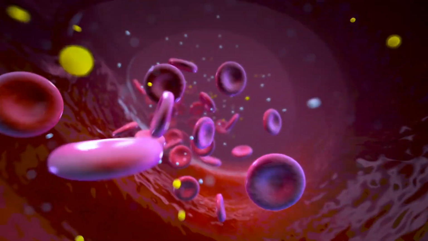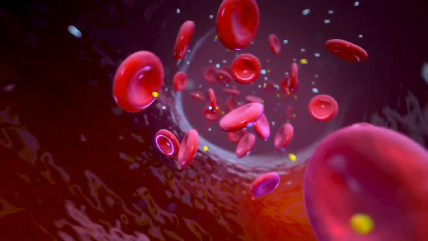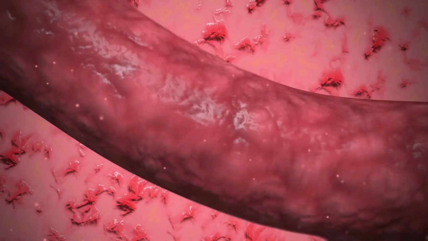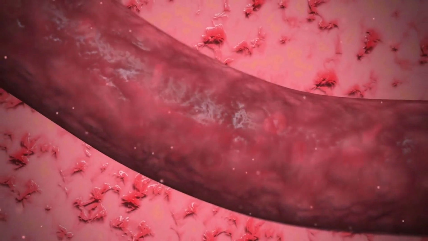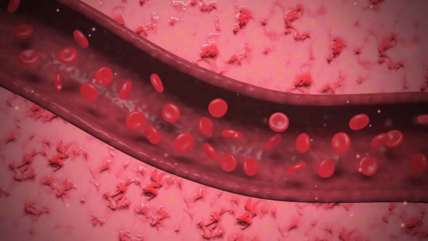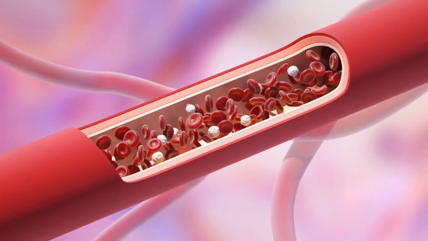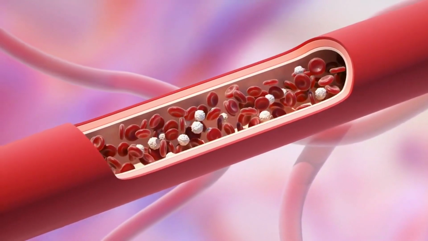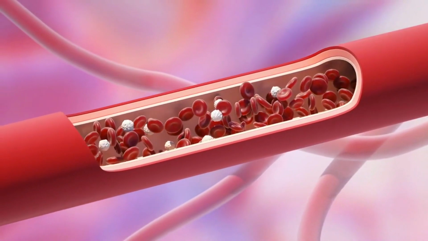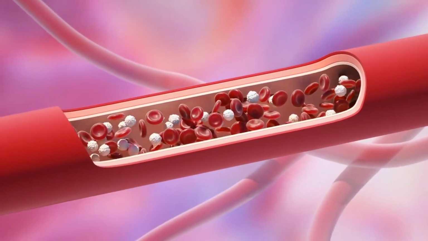Arteries are blood vessels that carry oxygen-rich blood away from the heart to the rest of the body. They have three layers. Intima, the innermost layer, which is a smooth, thin lining. Media, the middle layer, composed of elastic and muscle tissue that helps the artery withstand pressure from blood flow. Adventitia, the outer layer, providing additional support and structure to the artery. Healthy arteries are flexible and strong, enabling them to handle the high pressure exerted by blood flow.